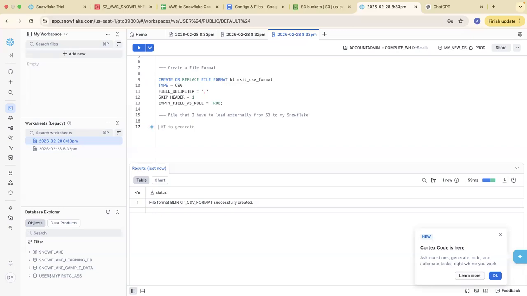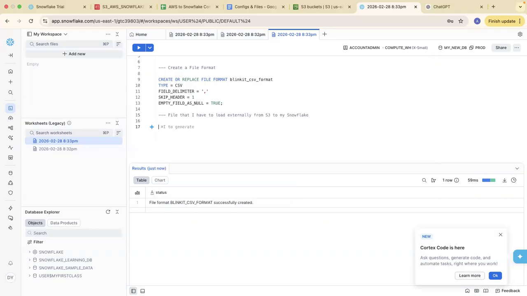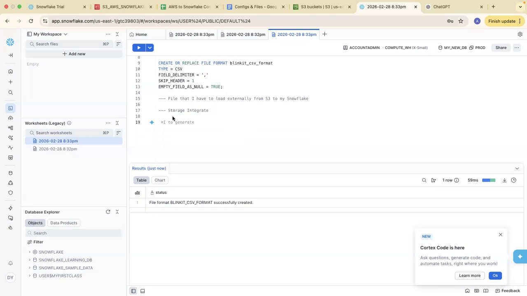Okay, so once I have created the file format, the second thing that I have to create is an integration. I have to create a storage integration. If I want to integrate or connect my Snowflake to my S3 bucket from where I have to get the data, first of all, I have to create a storage integration.